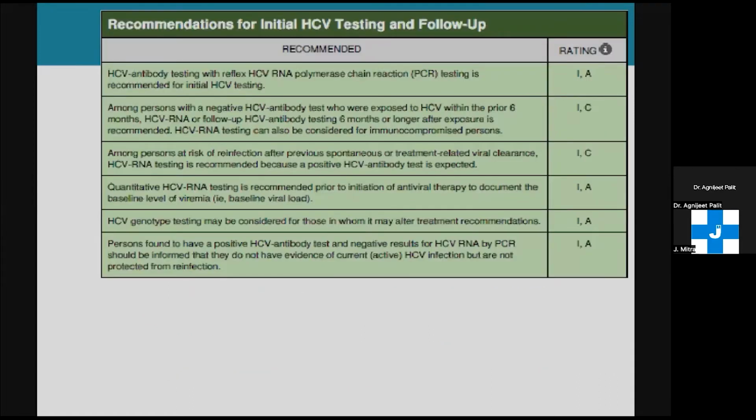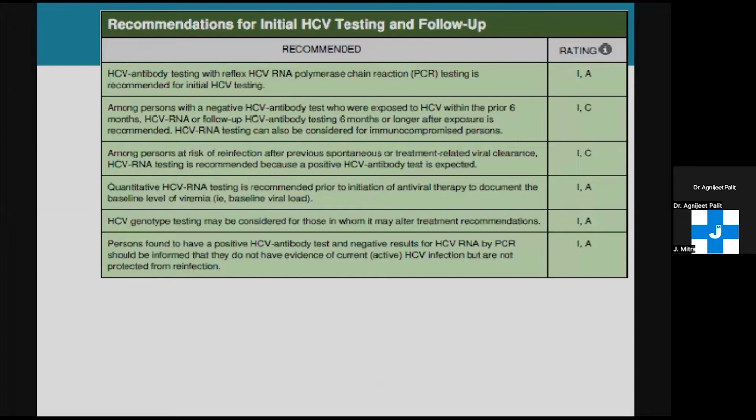If we look at the follow-up testing and initial testing, then after the HCV antibody testing, HCV RNA-PCR testing is recommended to see the viral load and to see whether the infection is active or a past infection. It is also indicated in persons with a negative HCV antibody test, but who have been exposed to HCV within the prior 6 months. Also, it is to be done in persons who are at risk of reinfection after previous spontaneous or treatment-related viral